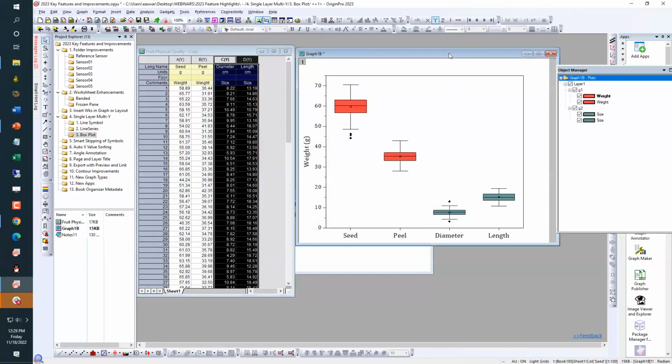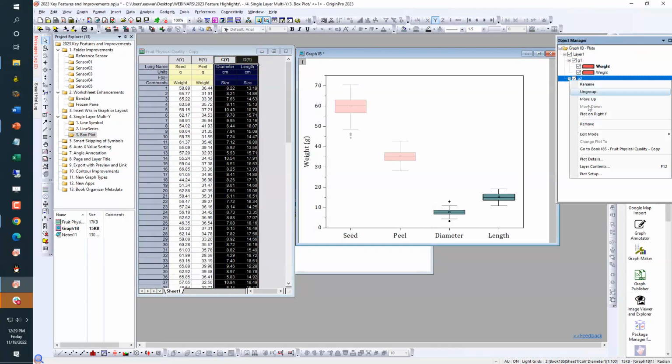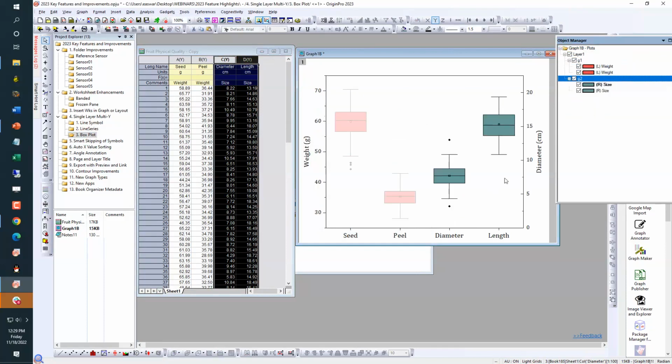But if I click on the graph and look at the object manager, you will see there are 2 groups, group 1 and group 2. I can click on group 2 now, right click and say plot this on right Y. So I'm moving an entire group to right Y. So my first group of weight quantities is associated with the left axis, and my second group of the diameter and length are now associated with the right axis. So now you can see the power, flexibility of easily working with your data in a single layer and assigning